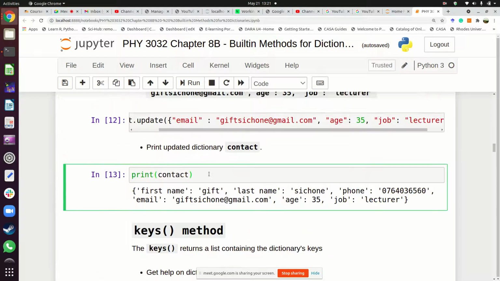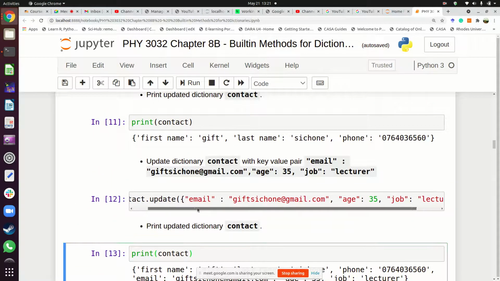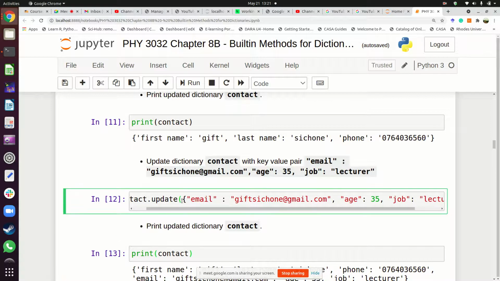Okay, able to see? So what I was trying to explain here is that it's possible for us to add more than one key value pair using the update method. So here, I add the key email, and the value is my email address. Then I add the key age, and the value is that one, and I add the key job, and the value is that one. So when I run this,